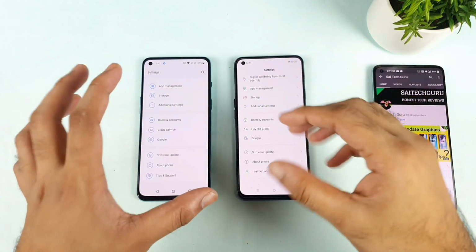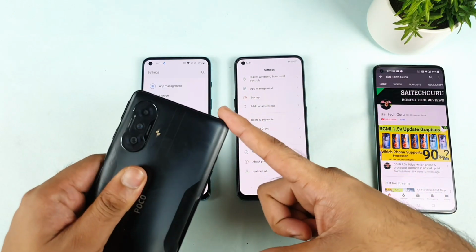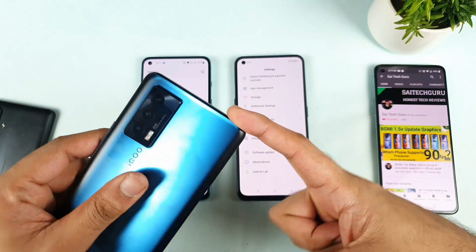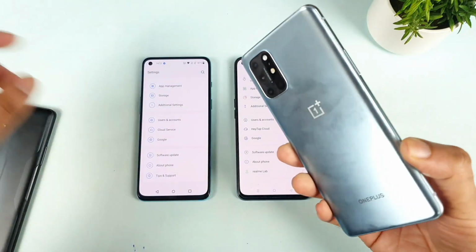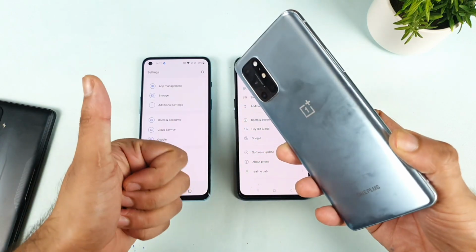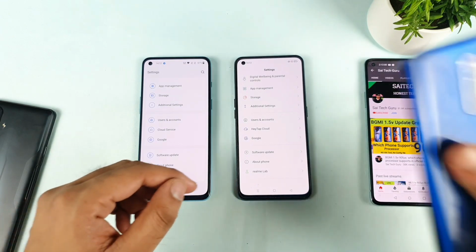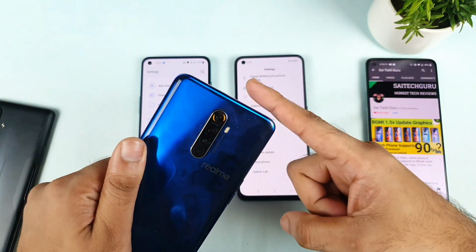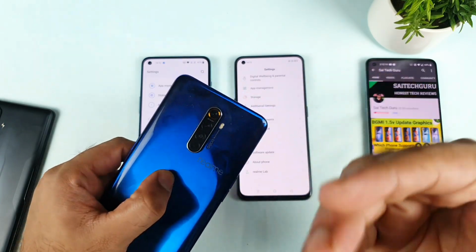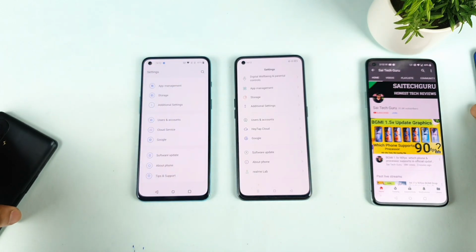If you ask me, only these phones are behaving like that, at this point. The Poco F3 GT was detecting 480 Hz touch sampling rate, no problem. iQOO 7 also detects 300 Hz touch sampling rate, no issues. Even the OnePlus 8T detects 240 Hz touch sampling rate, whatever OnePlus is claiming. Even the old phone, the Realme X2 Pro, a 1.5 year old phone, shows exactly what the company is saying. So right now this is a problem with the default touch sampling rate.